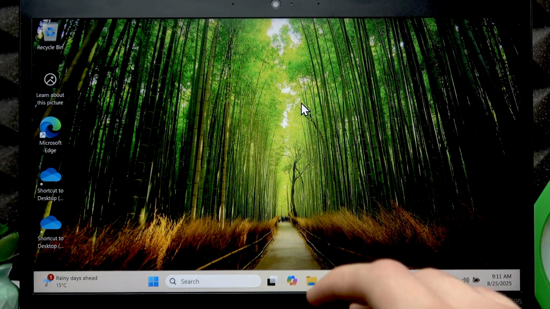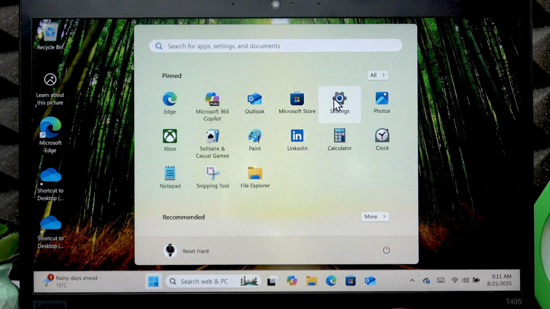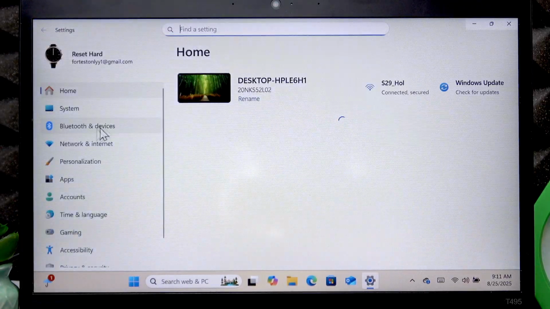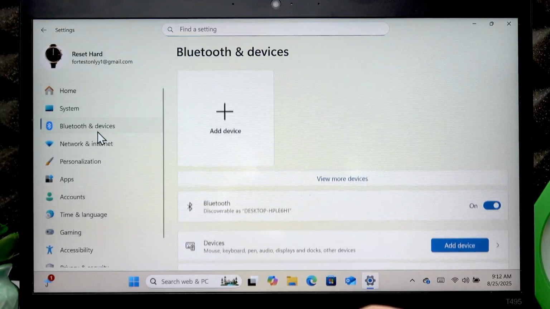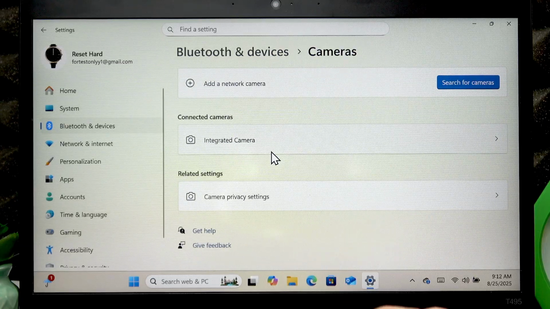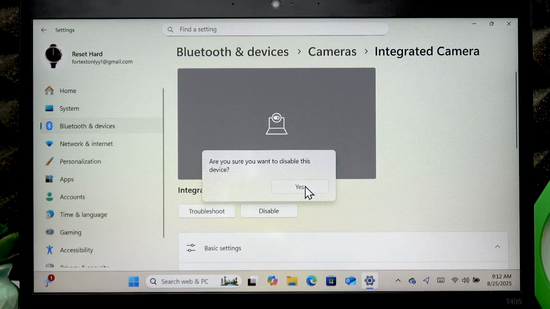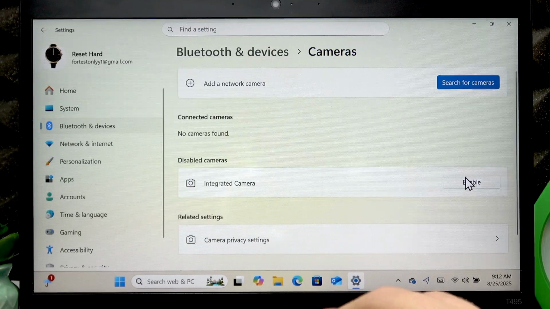So, in order to toggle your webcam, you have to open the Start menu, then go to Settings, then go to the Bluetooth and Devices section. Here, scroll down to Cameras and open this menu. Now open your integrated camera, and to turn it off, click Disable, then Yes, and to turn it on again,